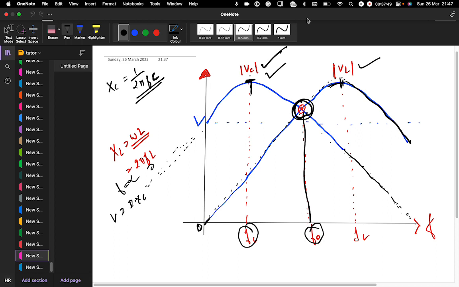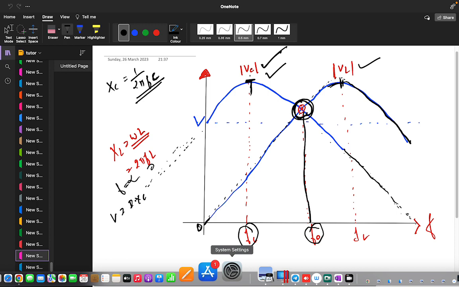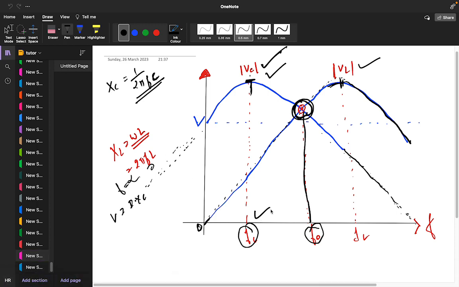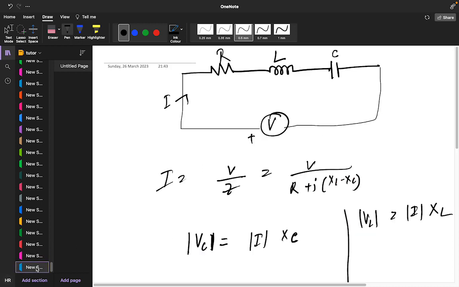See, we drew this graph. We drew this particular graph. So we are actually finding this particular frequency and this particular frequency. We are finding fc and fl. So for that, what we are doing, we are taking